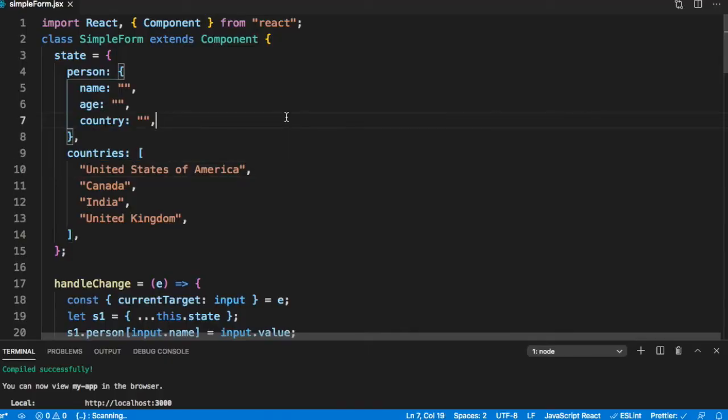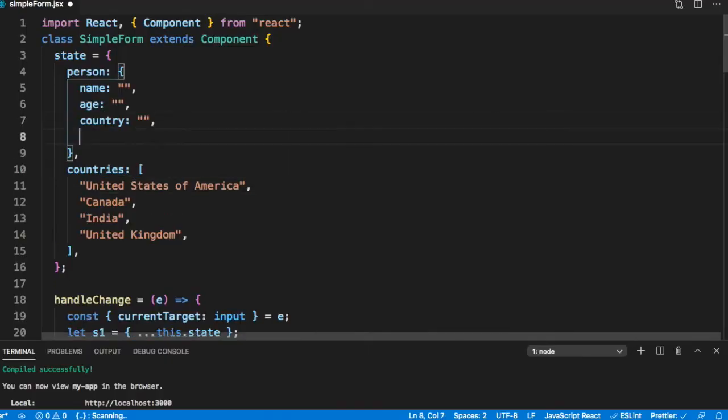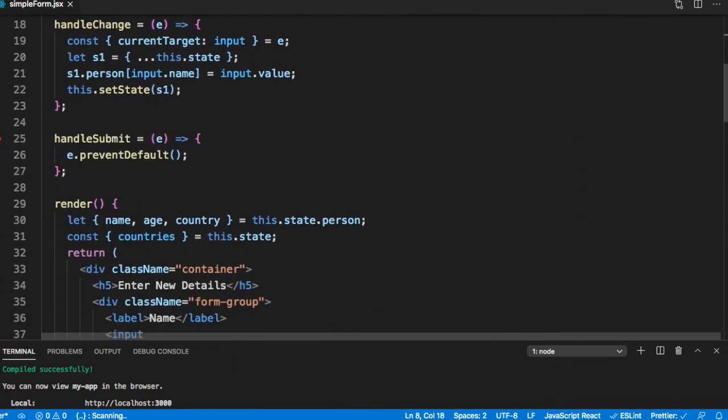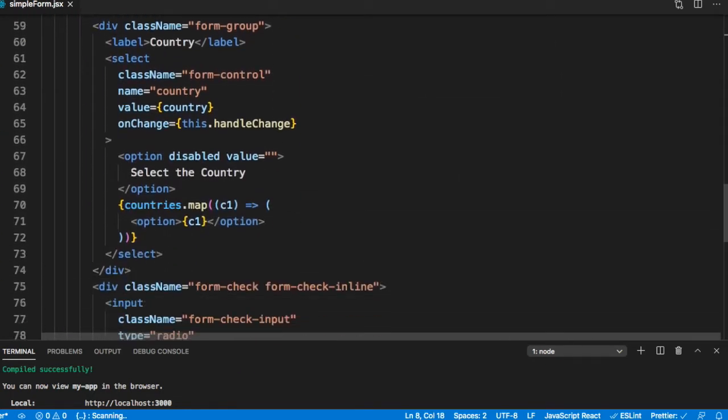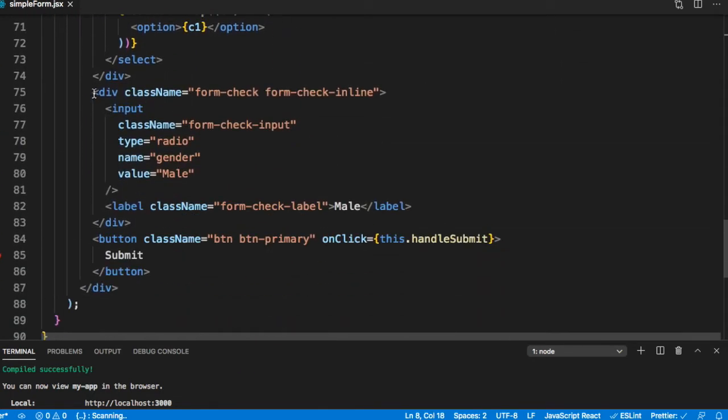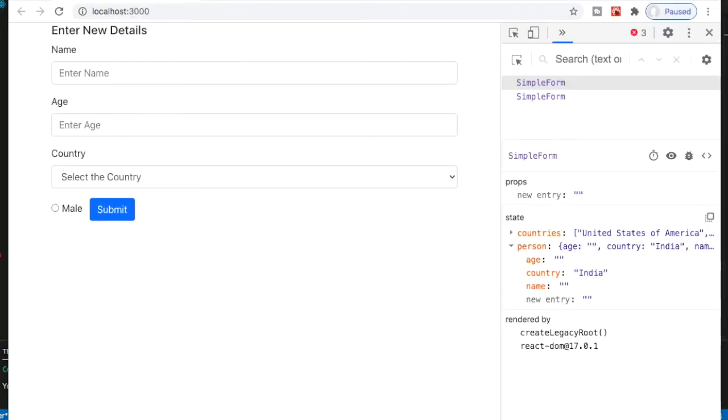Suppose we want to take the gender of the person as an input, in the form of a radio as either male or female.